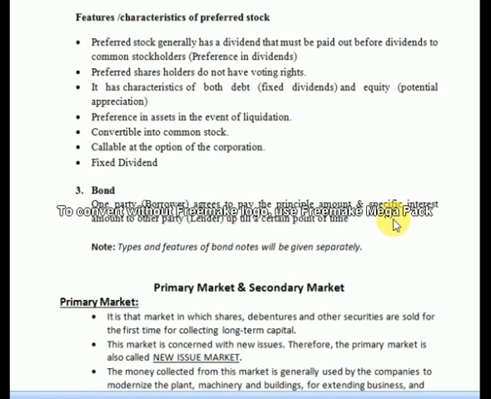So the problem that large organizations run into is that they typically need far more money than the average bank can provide. So bonds provide the solution by allowing many individual investors to assume the role of lenders. Indeed, the public debt markets let thousands of investors each lend a portion of the capital they are needing.